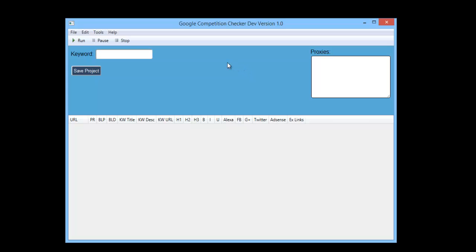So what this does is it allows you to enter a keyword, and it's going to go to Google, pull the results, and then check a whole ton of different things based on each URL. First it's going to load the URLs, and then it's going to check the page rank, the backlinks to the page, and the backlinks to the domain. It's going to see if the keyword is present in the title, description, and URL. It's also going to see if the keyword is used in the H1 tag, the H2 tag, the H3 tag,